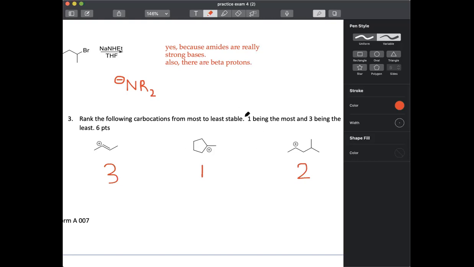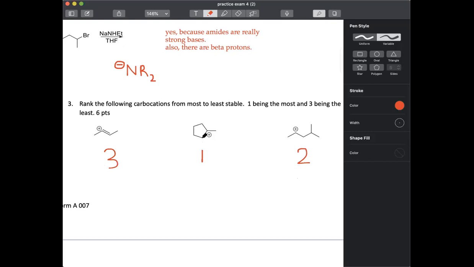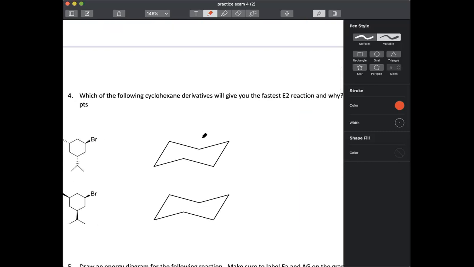Questions about this? Ring strain would be a factor here. No, there's very minimal ring strain in cyclopentenes. Usually you see ring strain in squares and triangles. Awesome. All right, so